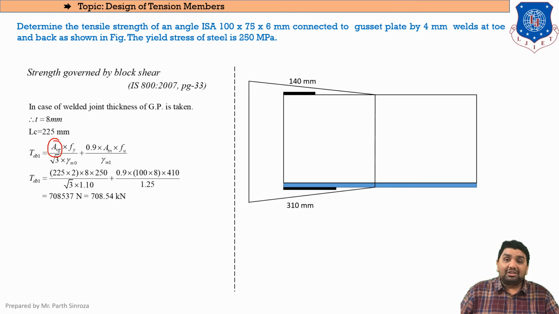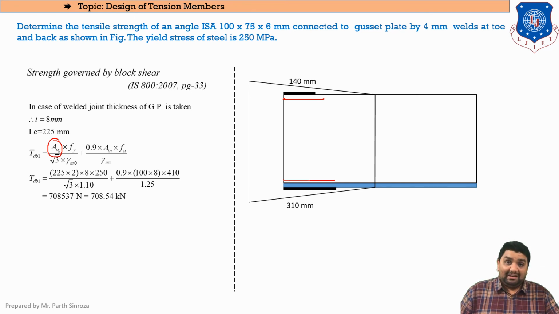Now in the bolted sections we plotted 2 lines, that is the AB line and the BC line. Here there won't be any lines such as the AB line and BC line, but just keep in mind we will be dealing with 2 parts. One will be horizontal and the second will be vertical. For shear we'll always be considering the horizontal lines or horizontal dimensions, and for tension we'll be considering the vertical dimensions. As you can see, in the upper part we have a length of 140, and in the lower part we have a length of 310.